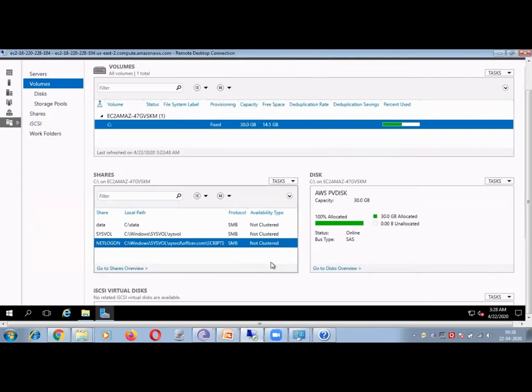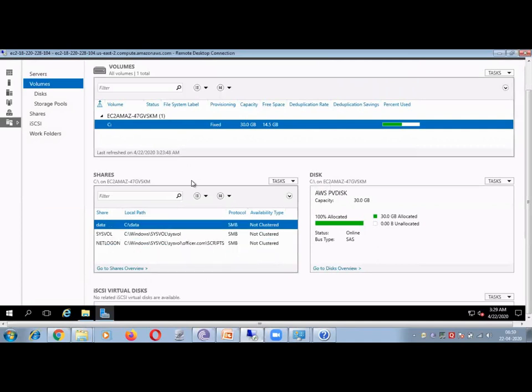Now you see that your folder data will start getting shared here, right? Click data. In the share, you see there are three shared folders: chessball, netlogon, and then you have data. Data is coming on top.